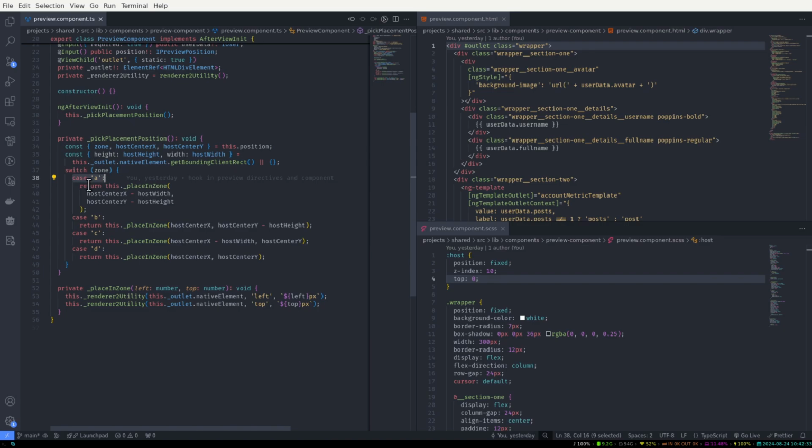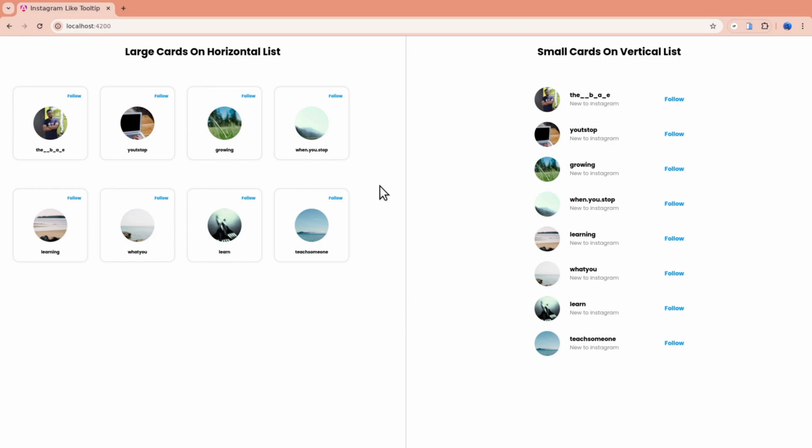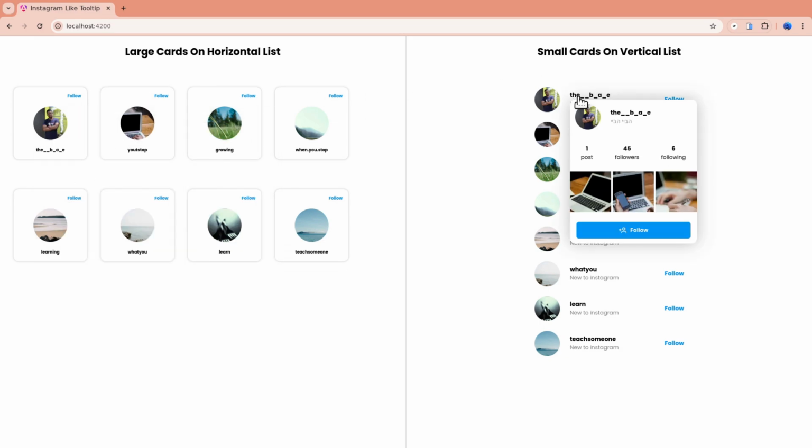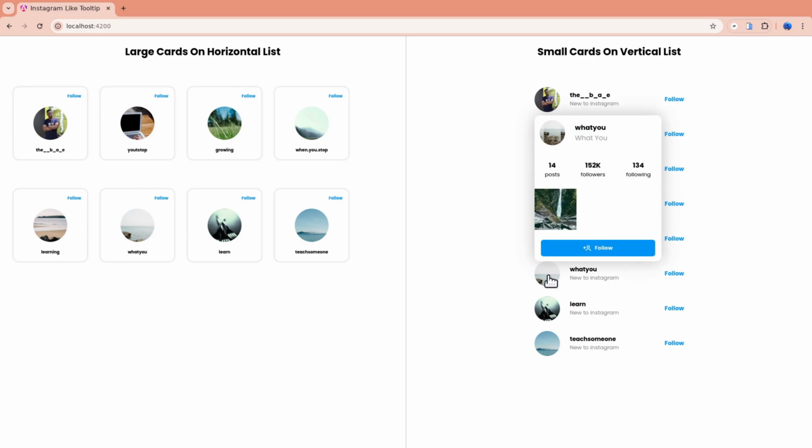So we say if it's zone A, this is where it will be placed. And you notice the things that we are passing into this common function. It's either left or top, and then we pass the two, and they are applied at the same time. So it can be top left, top right, bottom left, bottom right. All right, so that's it. And once we run this piece of code, that is why we are now seeing the behavior that is expected. You note, this only applies the top left and all the zones. They will only apply on these cards that are medium, that are in a list that is horizontal. But for these ones, it's either the top or at the bottom, based on the snapped information